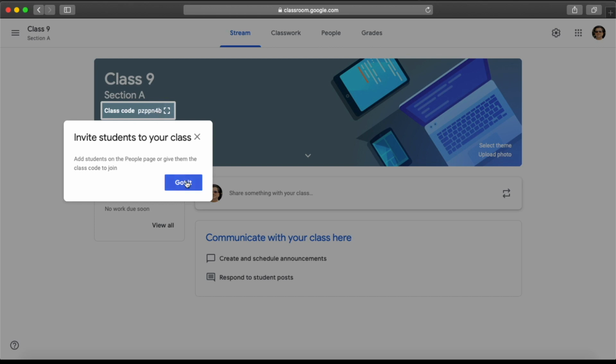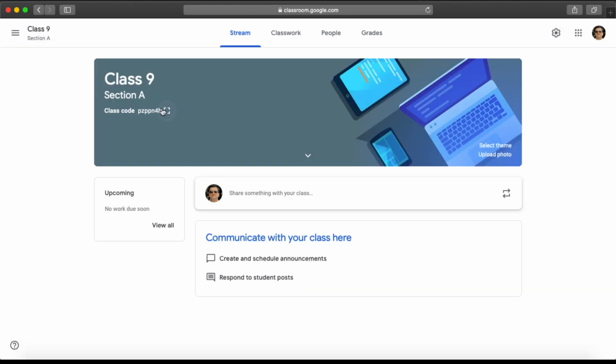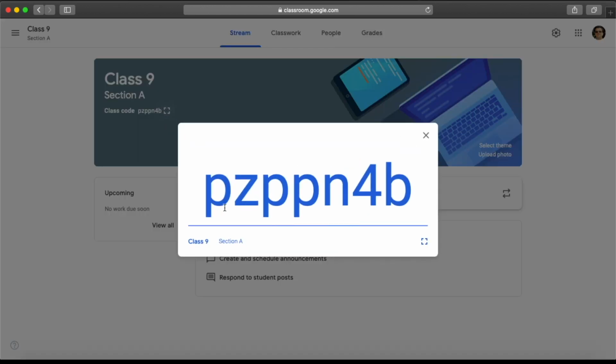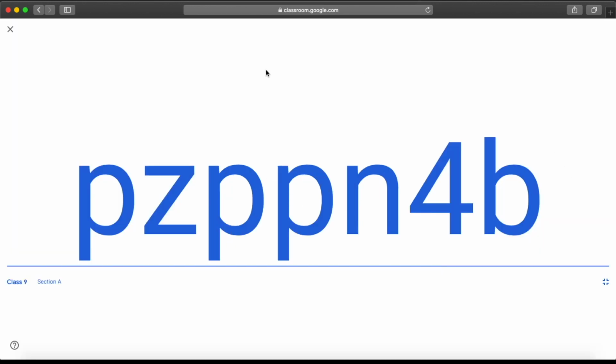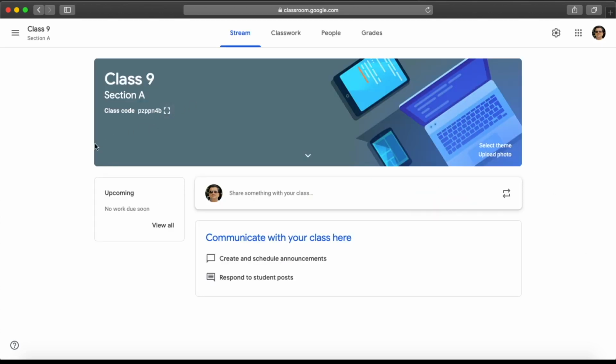Let me click on this button for now. On this particular code, we have another option to show, that is there is a display icon. If you click on it, it will show you this particular code in a bigger font size. Yeah, this is it. So this is one option, your students can note it down. You can also project it in full screen. So these are a couple of ways you can share your codes. I will show you other options for how a person can join a class in a later part of the video. So this is the Google Classroom landing page.